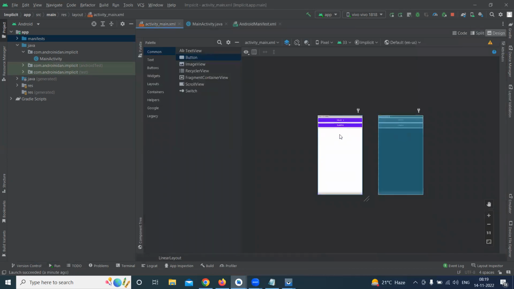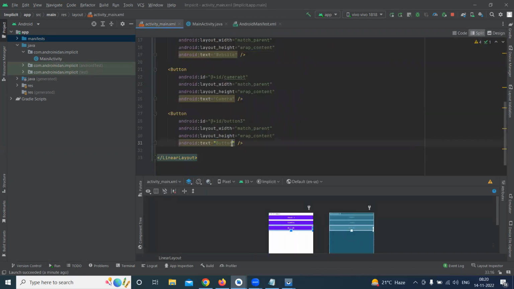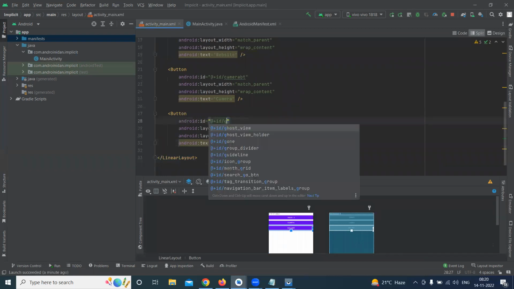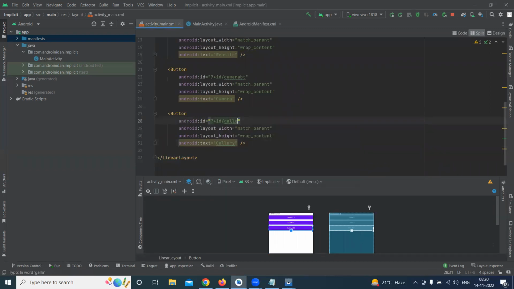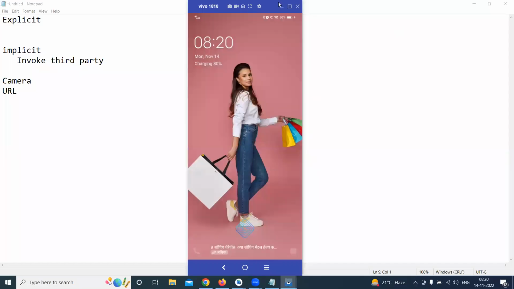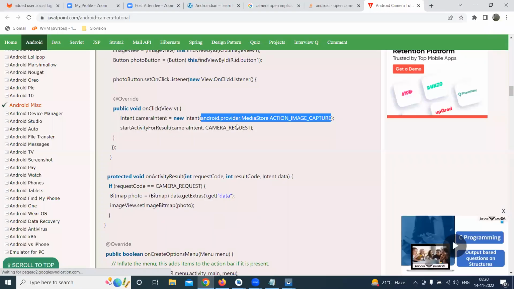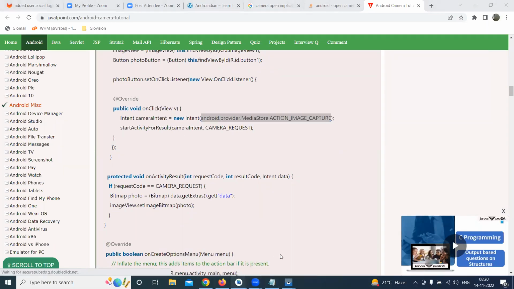So here I'll drag and drop one button. This button name I'll change as gallery, meaning I want to access the data from the gallery. Then in this gallery, now how we can see here. First we will write the action for that